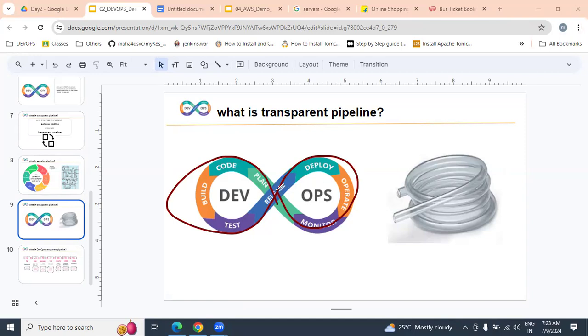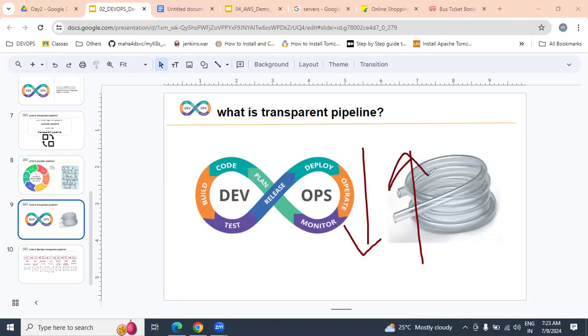Due to this transparency and automation, even if we get an issue, any problem, we can immediately identify it and rectify the problem as soon as possible. If we can deliver the software within a shortest time, definitely cost is going to be reduced and quality will be increased. That is what exactly we are expecting from DevOps.